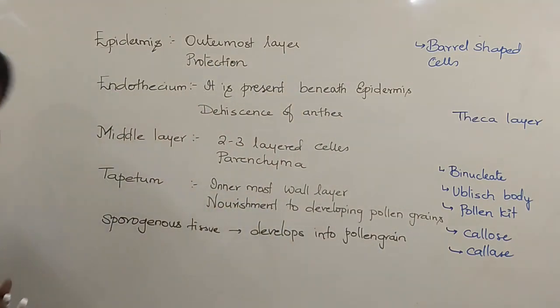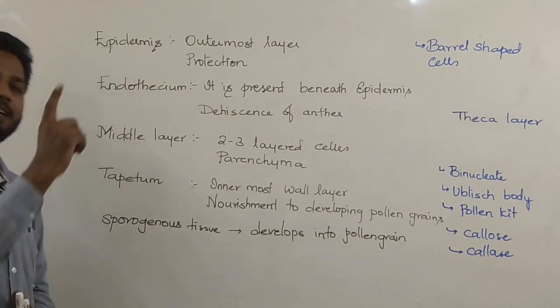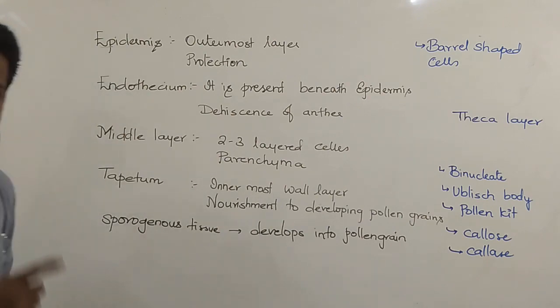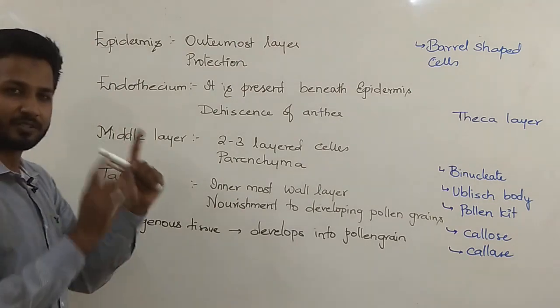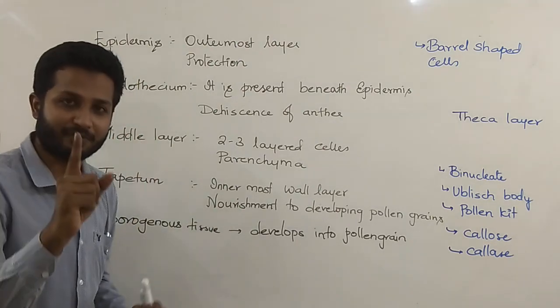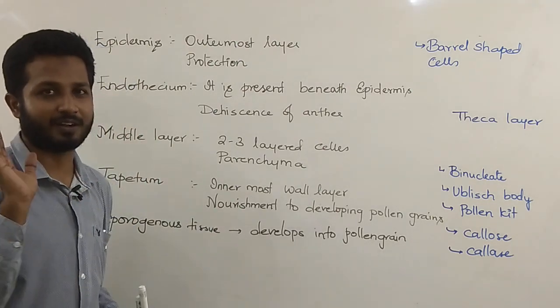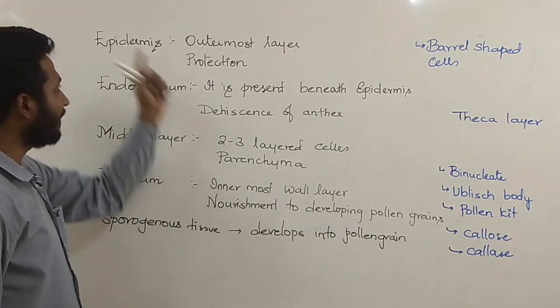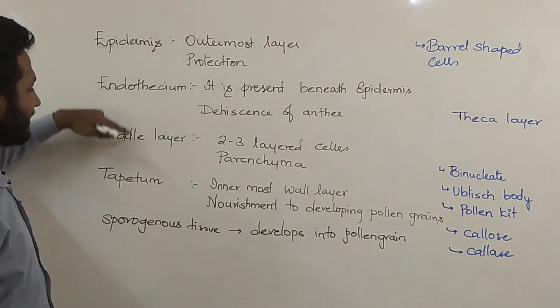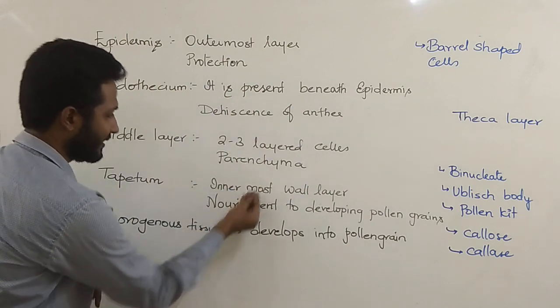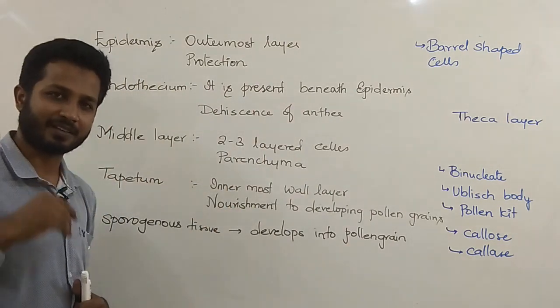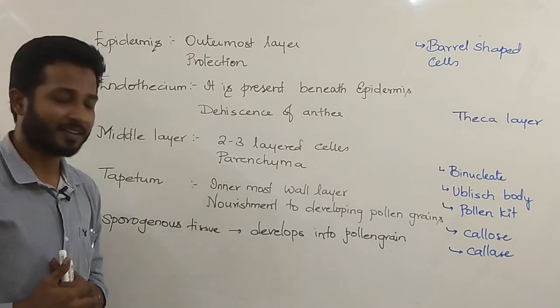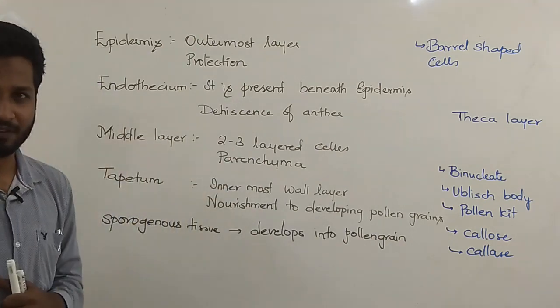So in the examination, when they ask you to draw a neat labelled diagram of a cross section of an anther and explain, at that time first draw a neat diagram with labeling. If you do not label, you don't get marks. After that, write side headings and just write two sentences in front of that, you get full marks. So the first 5 marks are in your pocket. Okay? So this is about the cross section of an anther.